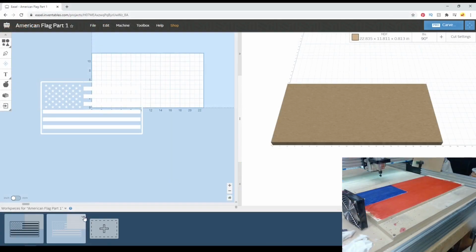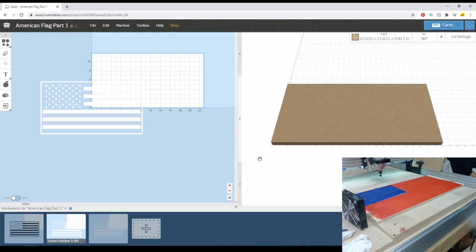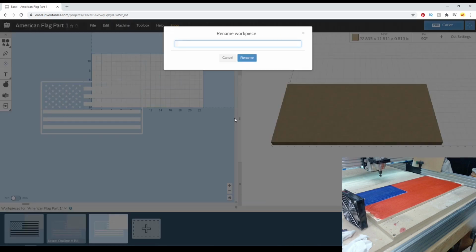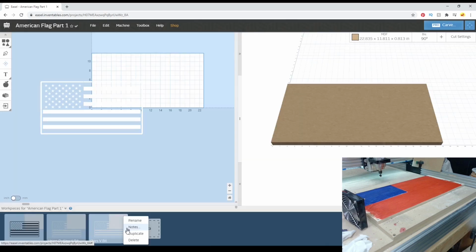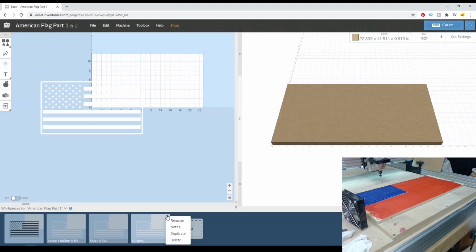So if we're doing this over and over again, the easiest thing to do here is to leave that line one here, and we'll rename that as the Union Outline V bit, so we know what bit to use, even though it shows in the corner. We'll go to the next one here, and we'll just call this stars. And I'll create another one. Call it stripes, and